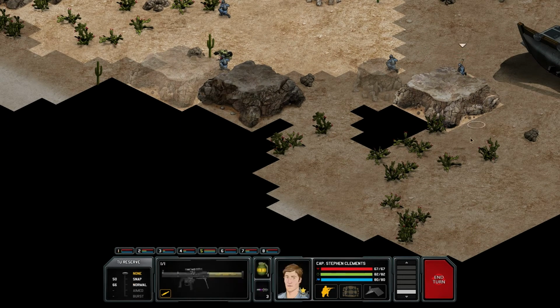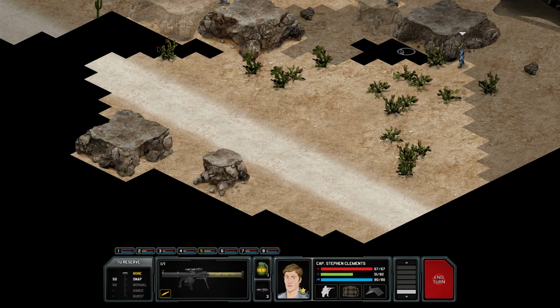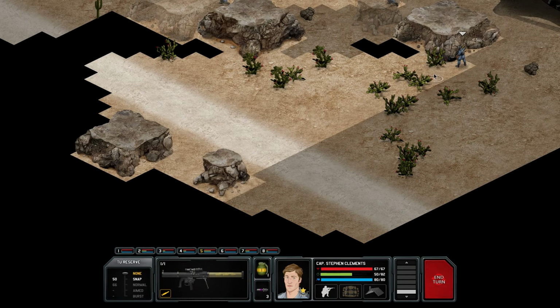Okay, what have we got? Bob, you can't really do anything else. Stephen, you're going to go around in this direction. Hopefully you don't really find anything, but...